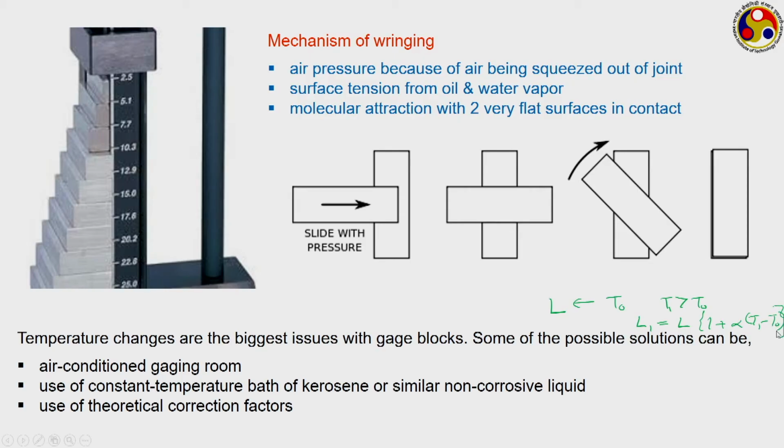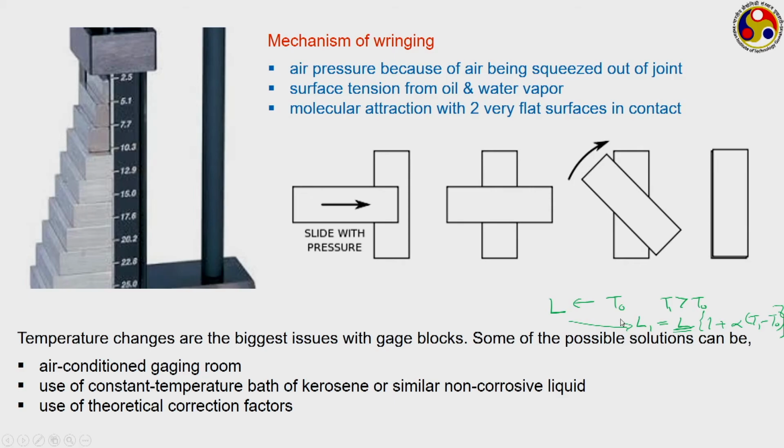So, this will be the modified length. But the actual reading will be shown for L only. By having knowledge of this temperature T naught and T1, we can correct this value of L to get back to this L1, and thereby get the exact length of the subject. This way, gauge blocks are used in industries to calibrate different kinds of measuring devices, and sometimes also for